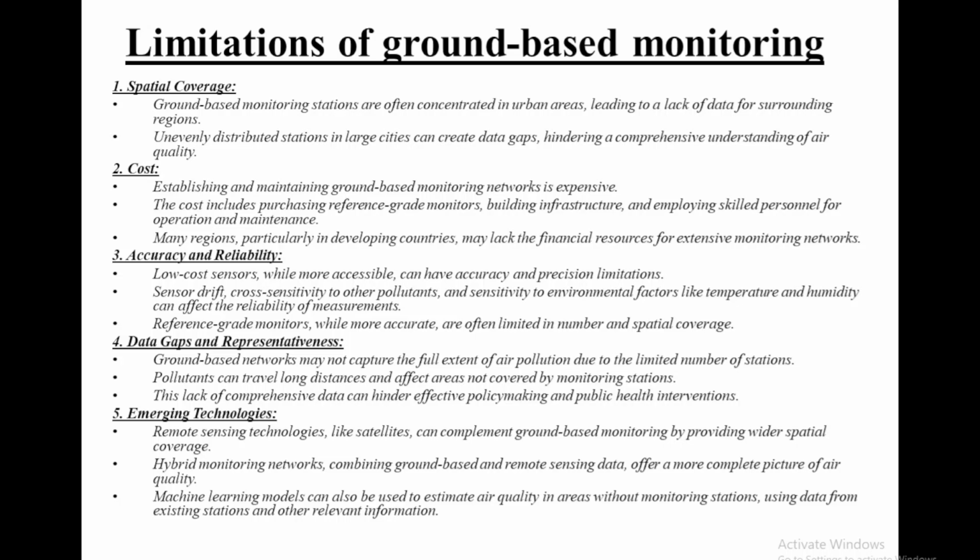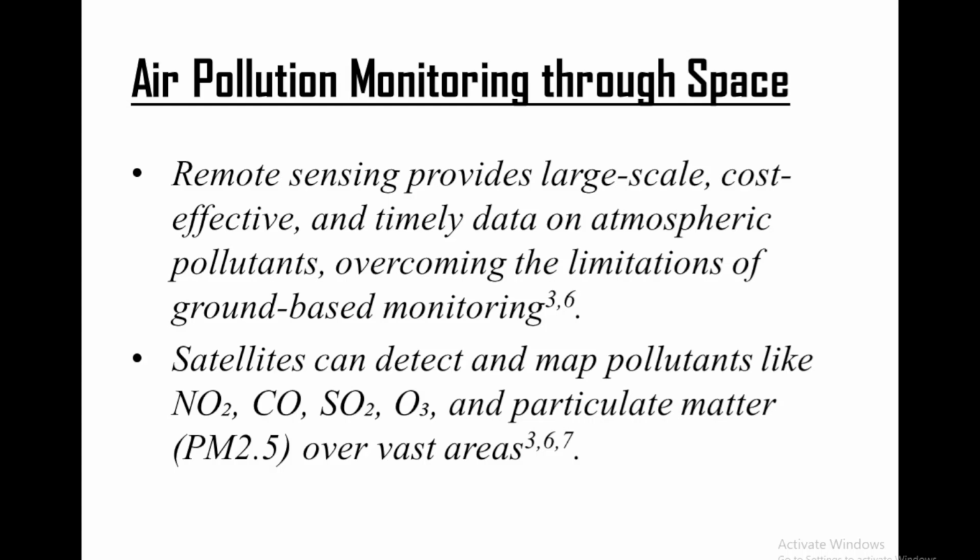Satellites are often equipped with atmospheric sensors that can measure various pollutants including nitrogen dioxide. So these satellites are equipped with atmospheric sensors that can measure various pollutants like nitrogen dioxide, carbon monoxide, sulfur dioxide, or ozone, and also aerosols such as PM 2.5, which we have been seeing is more important. It may not really sense the concentration of particulate matter 2.5, but its proxies are monitored.